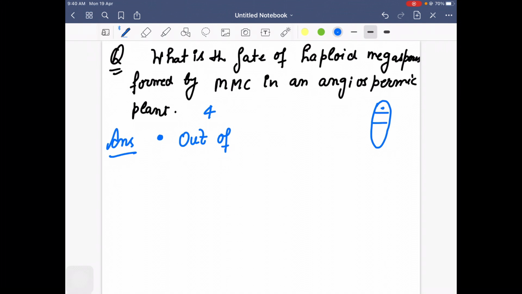4, 1, 2, 3, 4. So out of 4 megaspores, this is chalazal end, this is micropylar end. So out of 4 megaspores, 1 is functional, which is